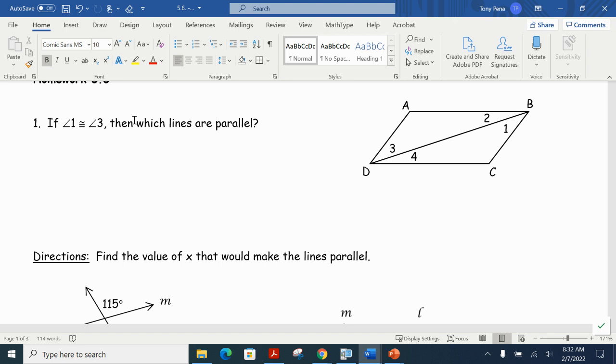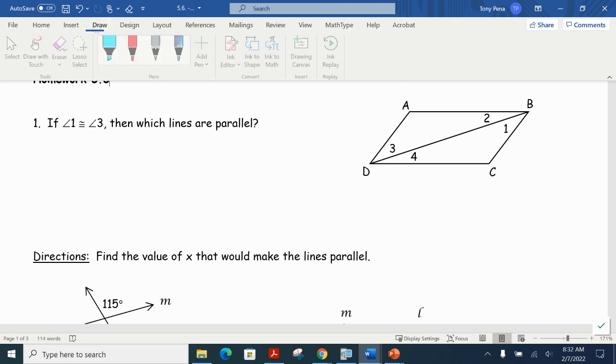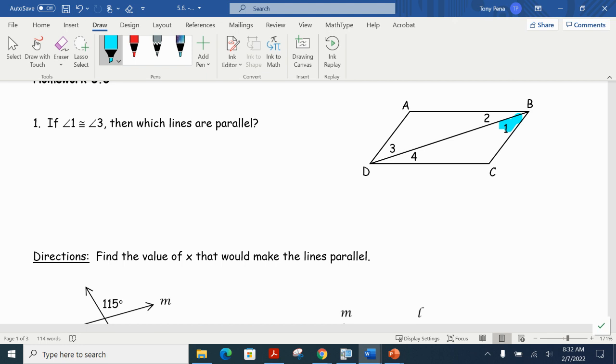Okay, let's see what we got here. You are told that angle 1 here and angle 3 here are congruent to each other. All right, so that's given to you. Again, you don't necessarily have to state it, but if we look at this right here, what kind of angles are these of all those options we've been talking about, Assad? So A and C would be vertical, and B would be